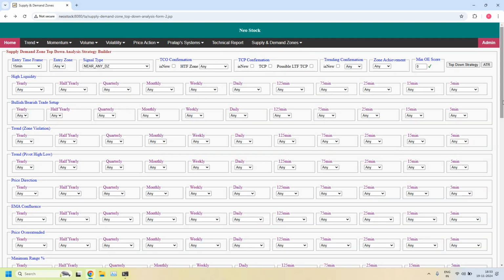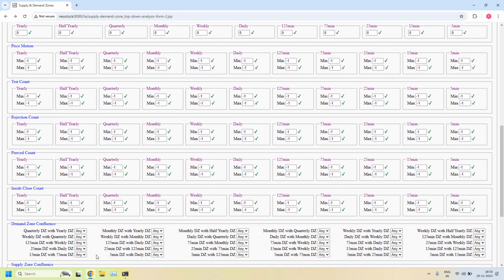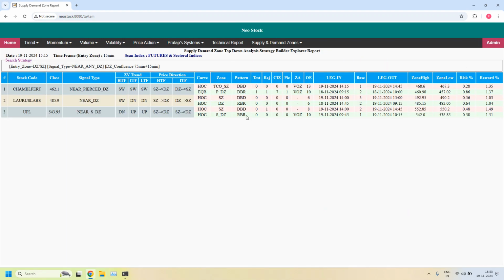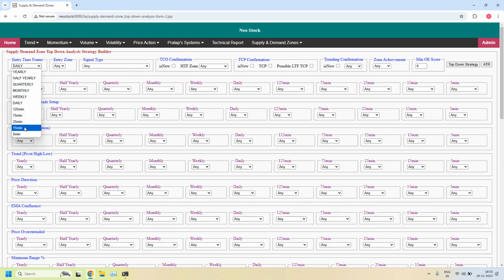That is 15 minutes demand zone having confluence with 75 minutes demand zone. I'm enabling that filter. With this filter, we got 3 stocks. In that first one is a pierced zone, you can ignore it. Okay, next for 15 minutes time frame,